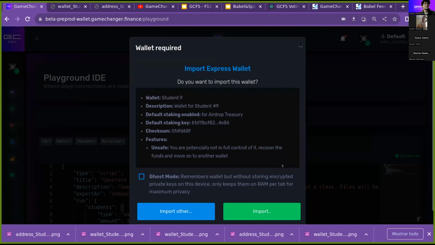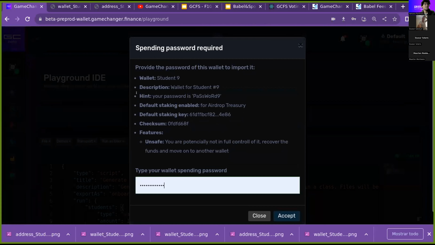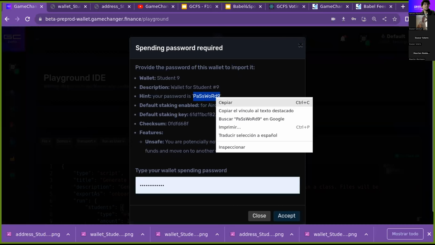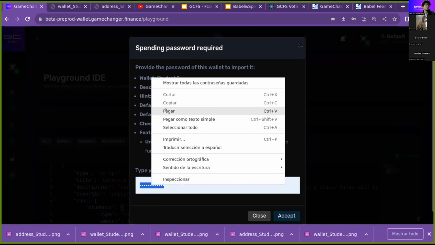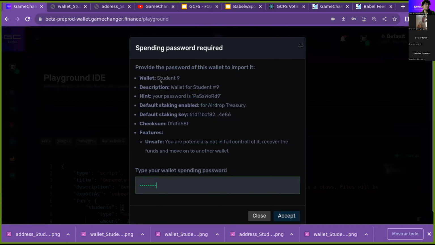So you click import. Rob, if you're watching, I am importing the wallet. You click import. Here on the hint, we have the hint that we instructed the wallet to generate for us. That is, your password is, and this is the password. So if I copy this here, I am all set. I will just show you guys the other features, like the name of the wallet, the